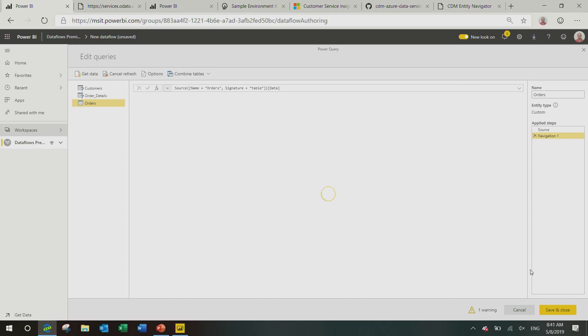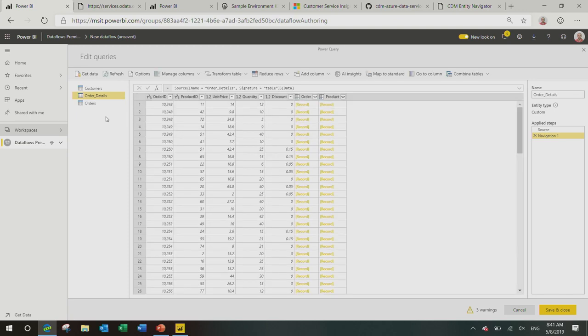The next screen after you've selected your tables is the Power Query editor. And now we have the three entities I selected: customers, order details, and orders. What I'm after is building a single entity on the lake that's going to have information about our top 20 customers based on their order volume and the overall sales per customer. In order to do that, we have to do a little bit of data prep.